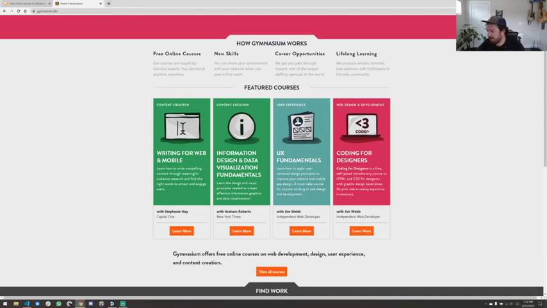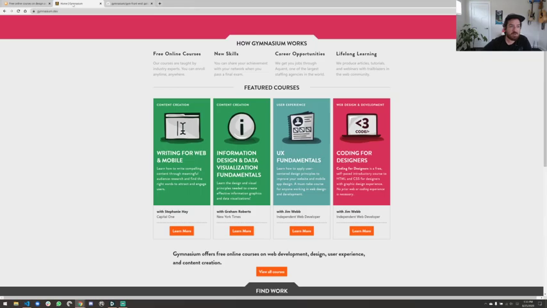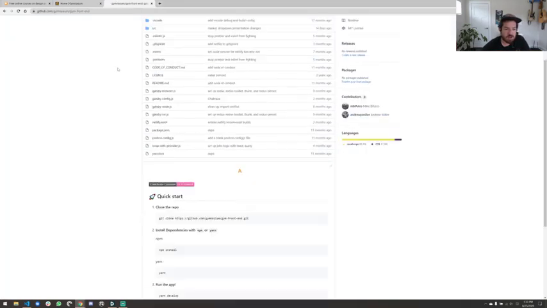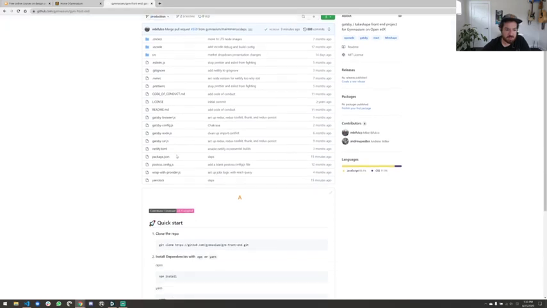It's a Gatsby site. You will need some additional bits to work on it. Namely, you'll need to create an account with TakeShape and get some API keys set up. But for the most part, hopefully, if you really wanted to, you could play around with this and get going on your own. I think, yeah, I should update this README at some point too.